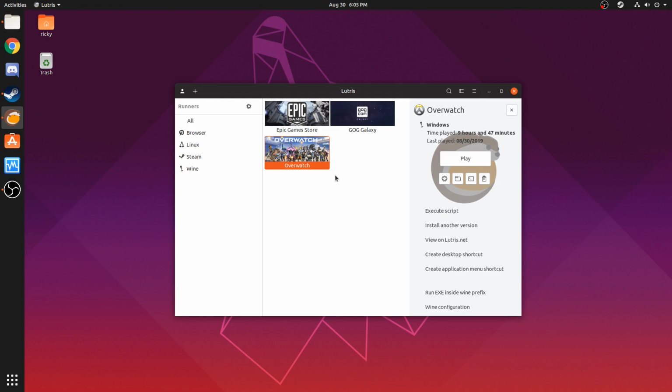I do run into a little bit of a bug here and there where it'll just load to a black screen and I'll have to restart my computer. But I'd rather it do that before I'm getting into the game than crash in the middle of the game. And also, that's the only bug I've encountered so far in Linux, and that's because I'm trying to run a Windows game in Linux.